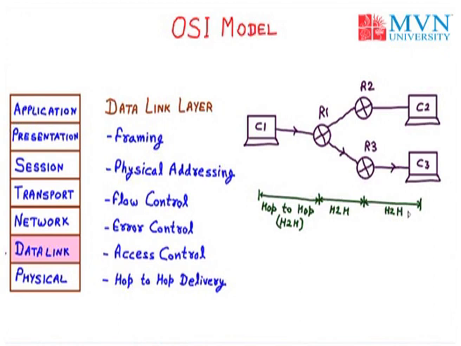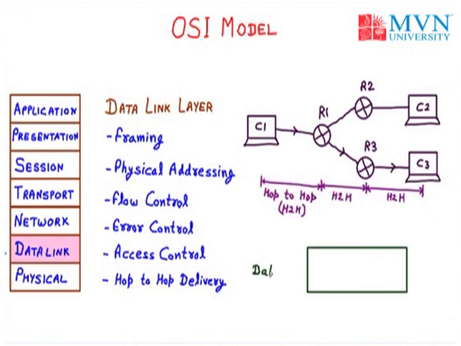So now to understand the function of data link layer, let us take the example of a diagram. This is my data link layer. Above the data link layer we have the network layer, and below we have the physical layer. The physical layer will send the data to the upper side, and the network layer will receive the data from the data link layer. Now the physical layer will send the data as well as the header and the trailer. As we know, there is a concept of framing. So the data link layer divides particular data into frames, that is header, data and trailer.